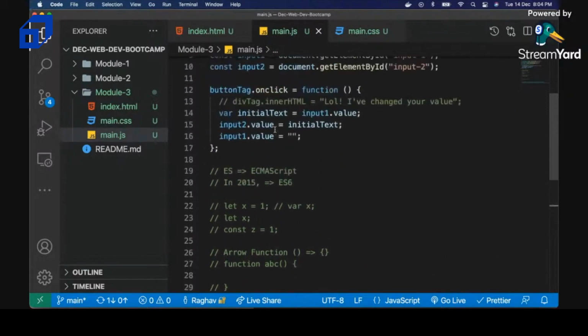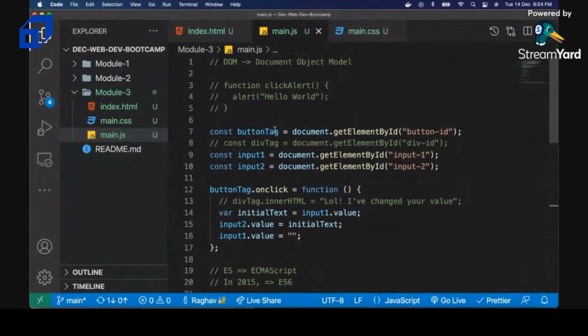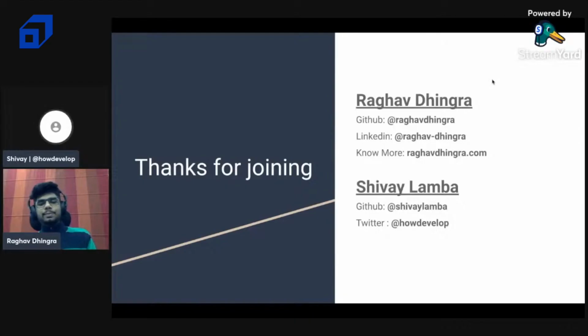So this is the basic concept of how we declare JavaScript and how we use JavaScript within a particular HTML document. So the first question that we have, Raghav, is can you please let us know the difference between